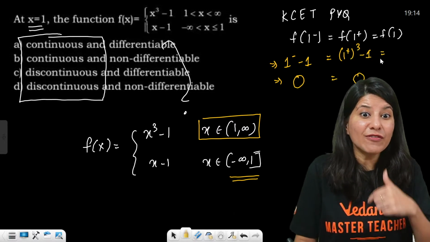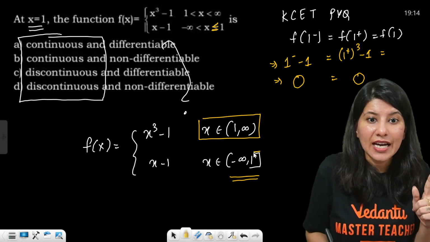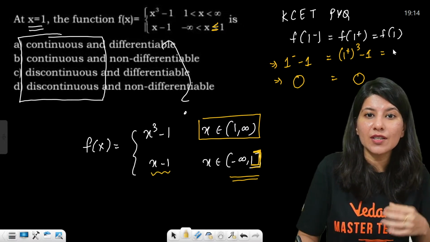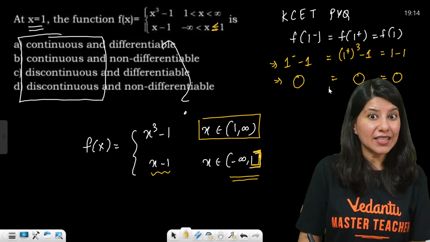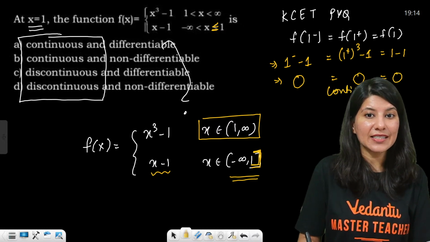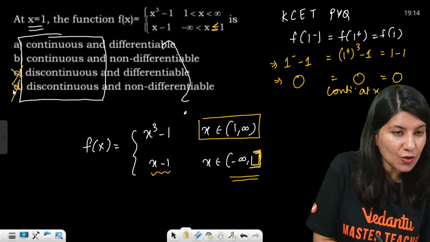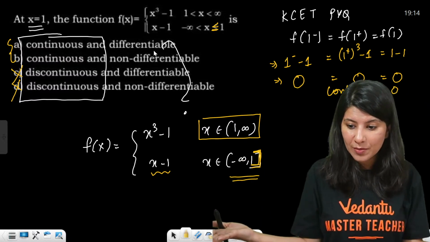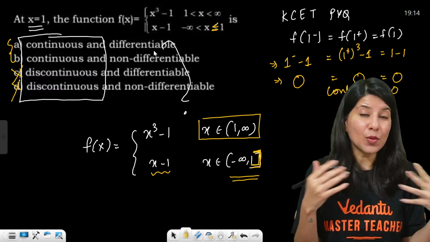What is f of 1? Can you see the equality lies over here? That means a square bracket over here. So you have to put x equals 1 over here. So this is 1 minus 1, so that is also 0. So the function is continuous, my dear students, at x equals 1. It is pretty obvious. So basically option C or D is wrong, either A or B is correct. Now we have to check for differentiability, obviously, to understand which option is correct.